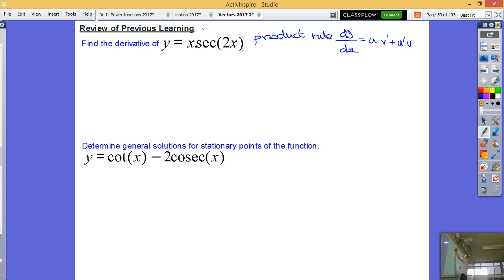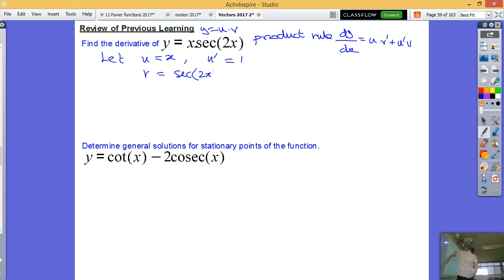Okay, and as you can see, we've got a product of two parts, a u function multiplied by a v function. So we define each part. What are we going to write for the u function? x times sec. Well, you have to recognize the two parts that are multiplying and make one part u and the other part v. We can say let u is equal to x, and then the derivative, u dash, is the number 1. Okay? And then the other function, v,